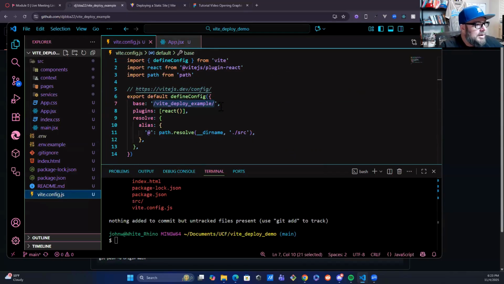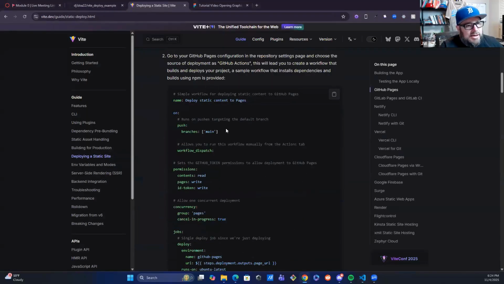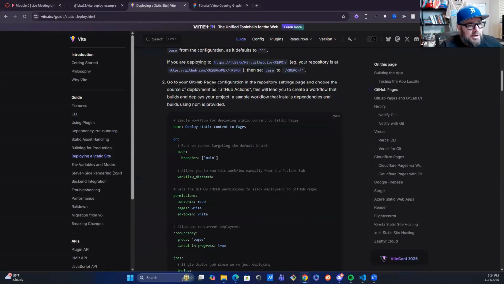So now the next thing we're going to do after we get a base URL in here is keep following this guide here, which says that we want to go up to GitHub, go to the GitHub Pages configuration in the repository settings, and choose a source of deployment as GitHub Actions. So if we deploy with GitHub Actions, we're going to need a workflow, right? Which would be